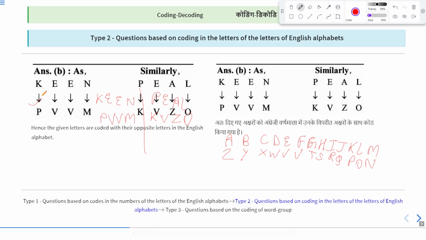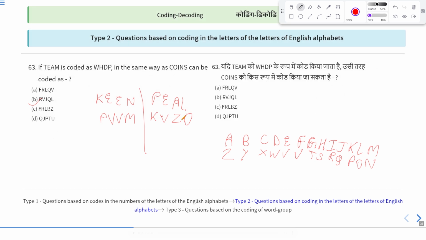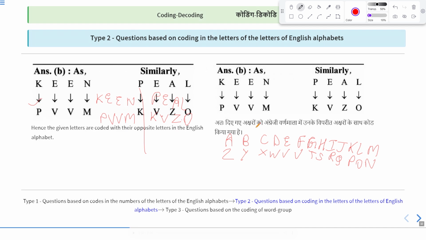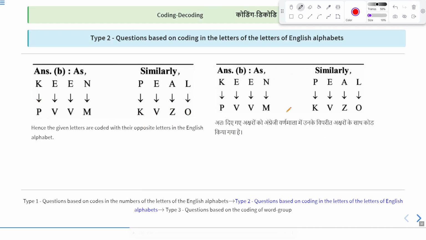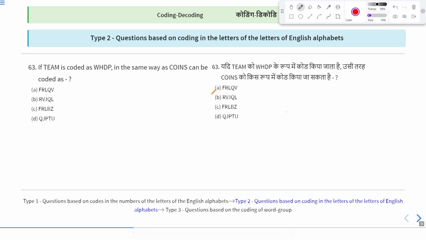Here the alphabets are coded with their opposite letters in the English alphabet, the field becomes KVAZ. Team is coded as WHDP. Coins will be coded as, so TEAM becomes WHDP. Therefore,